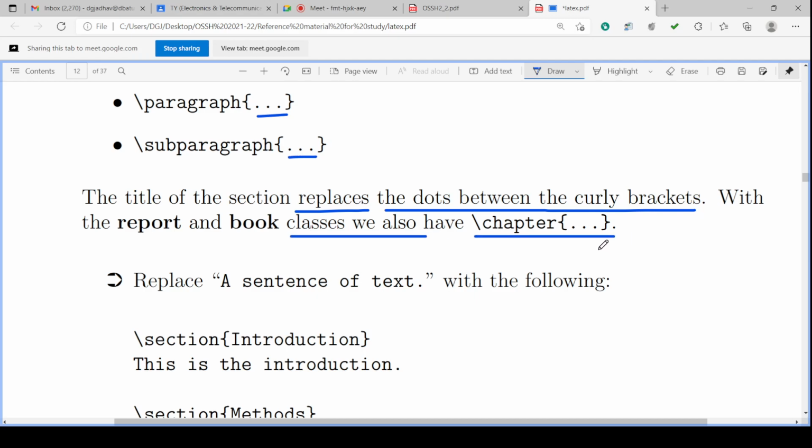Backslash chapter is also there. A seminar report, project report, industrial training report, all these reports will have chapters. If you are writing a book, any technical book, story book, novel, whatever the book, then that book will have chapters. So backslash chapter is also a command.